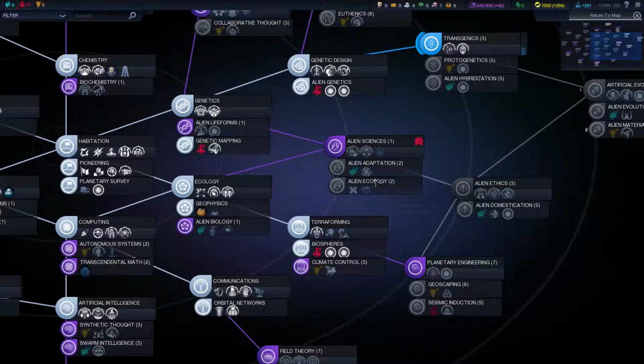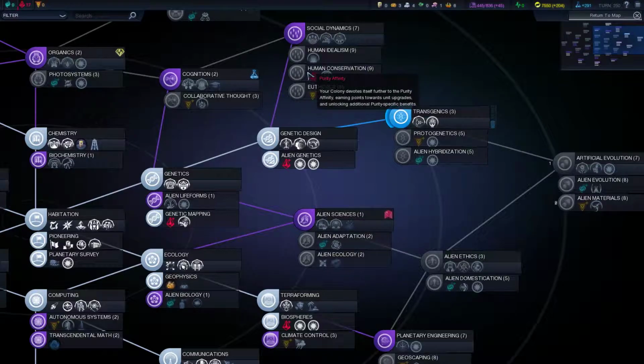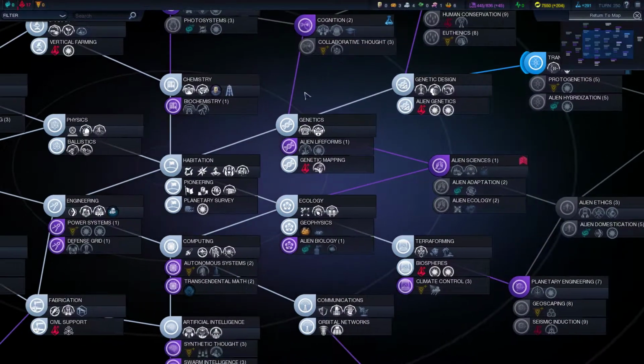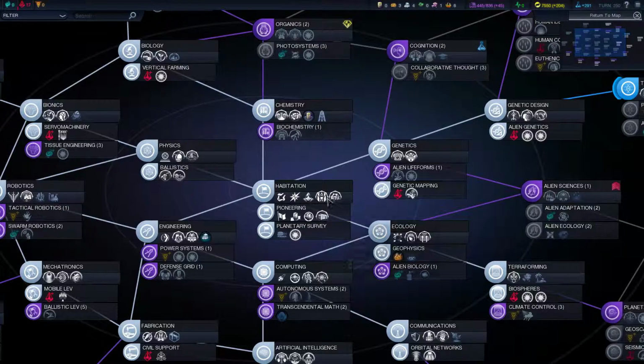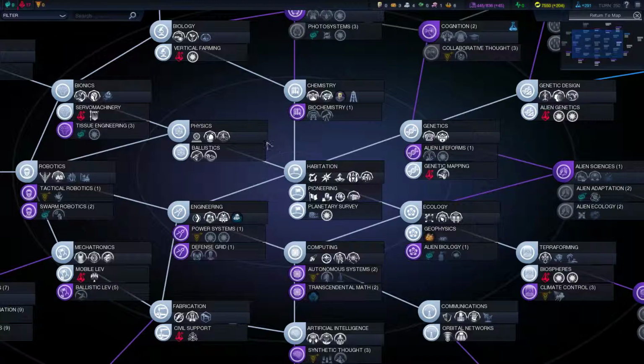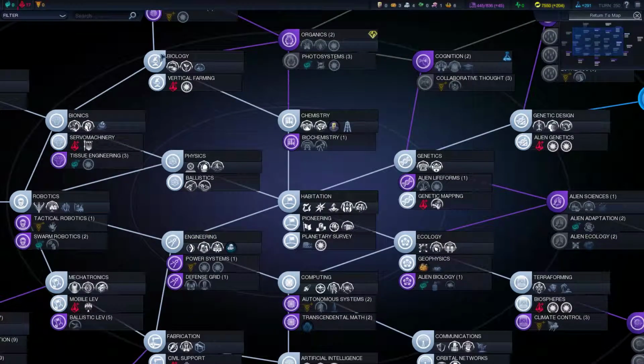Some other things that I haven't touched yet, I've gone based on my relevance for what I need to actually do with it. So I've skipped alien life forms here and I've gone to genetic mapping, and I've also unlocked the gene vault. One of the best routes to go depends entirely on the type of city that you want to do really. So I would try and pick things that on this one were more to do with science and were all related around making more energy and keeping the health up, as well as ticking my purity